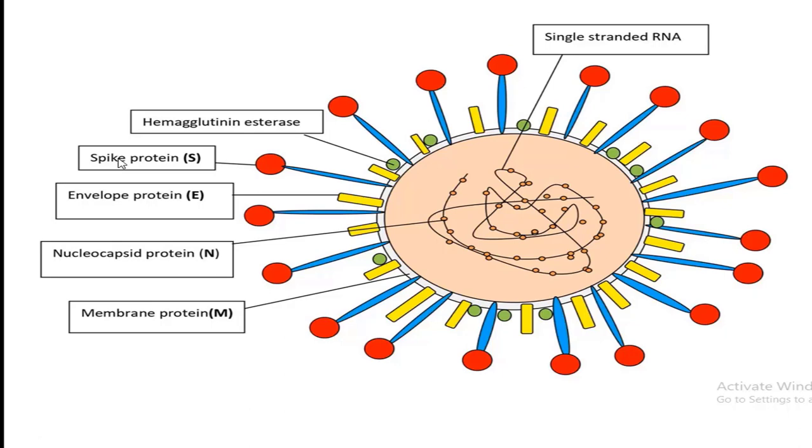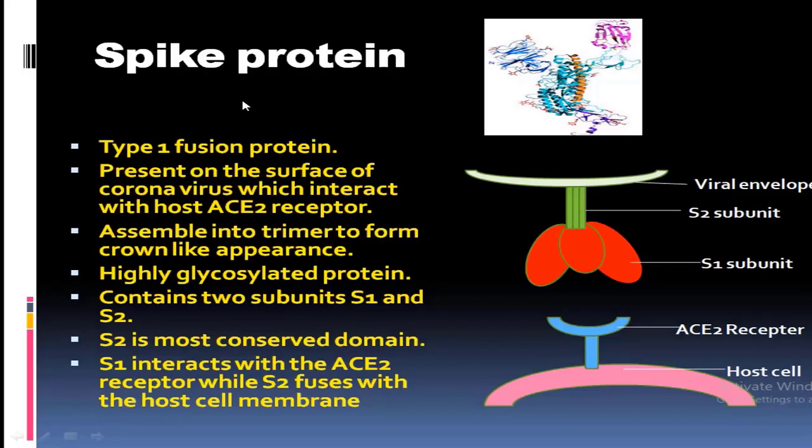And this spike protein interacts with the ACE2 receptor and mediates the fusion of this virus to the host cell, right? The second protein is the envelope protein, which is present on the envelope, and it is a small, integral protein. This protein is important for the pathogenesis of the virus and the assembly of the virus particle. The next protein is the nucleocapsid protein, which forms a complex with the RNA genome. Research shows that this nucleocapsid protein is a multifunction protein. And the next protein is the plasma membrane protein, which is most abundant on the surface of this virus.